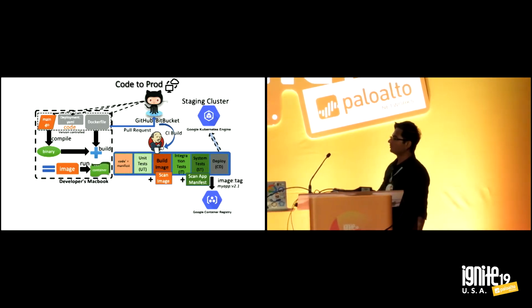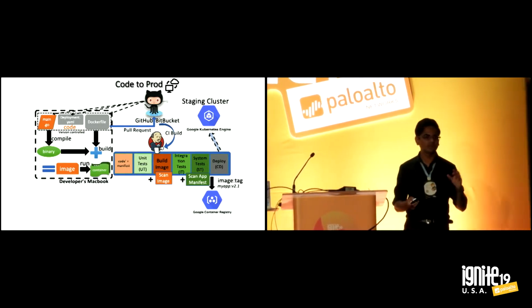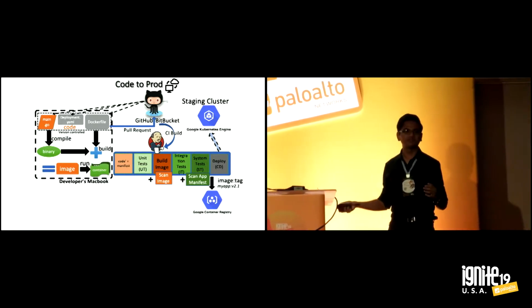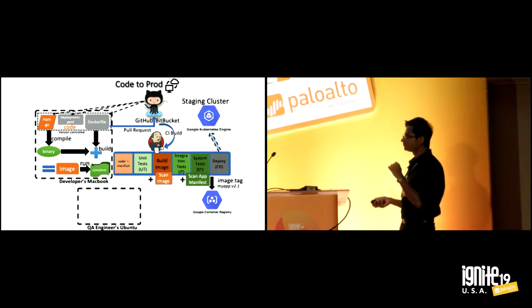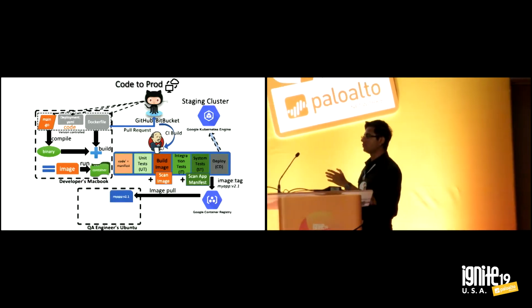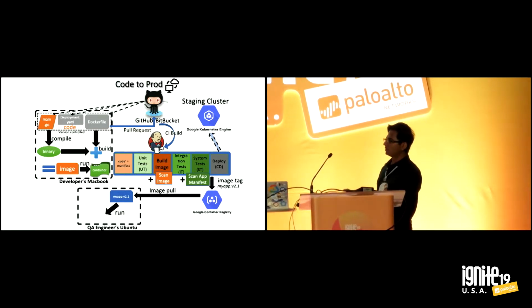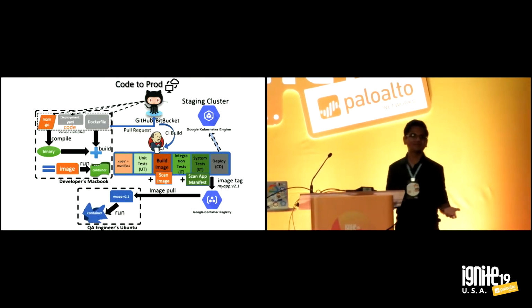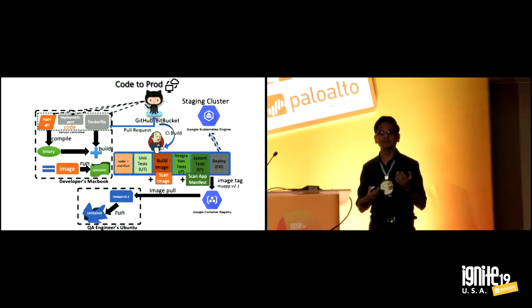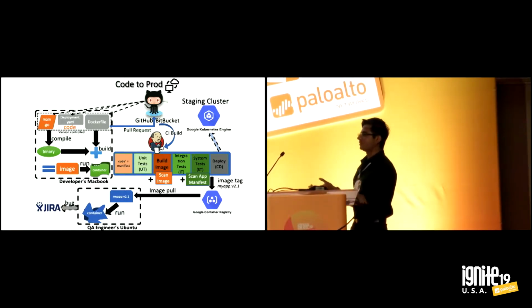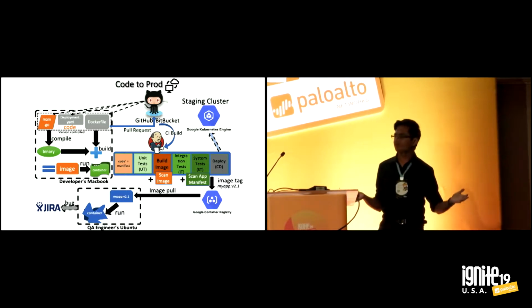After this happens, you push that container image that you created to your container registry. GCR is one of the examples. Then your QA engineer can pull in that image locally and run. And since it's a QA engineer, they'll figure out a way to break it. But they didn't just break it. They found a bug. So they create a Jira ticket, goes back to the developer. So this is the whole full cycle.